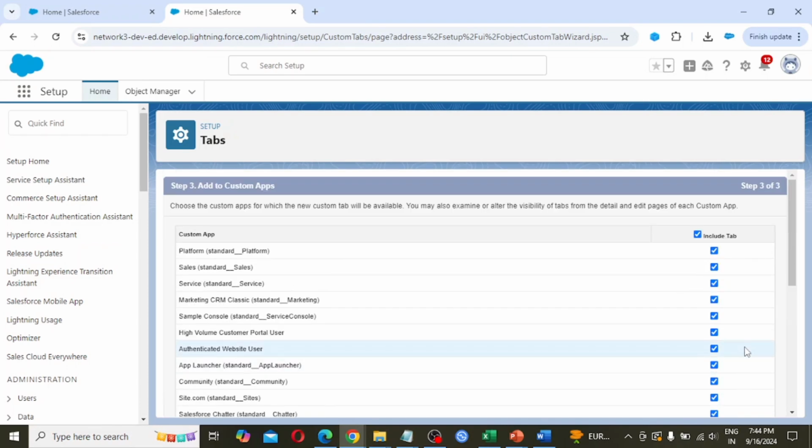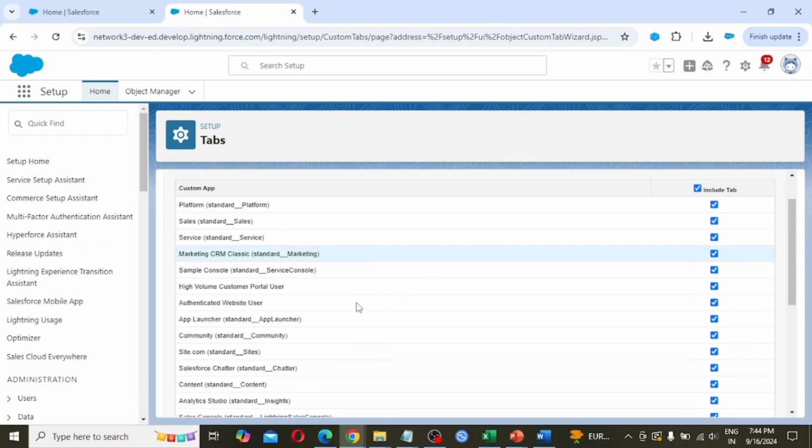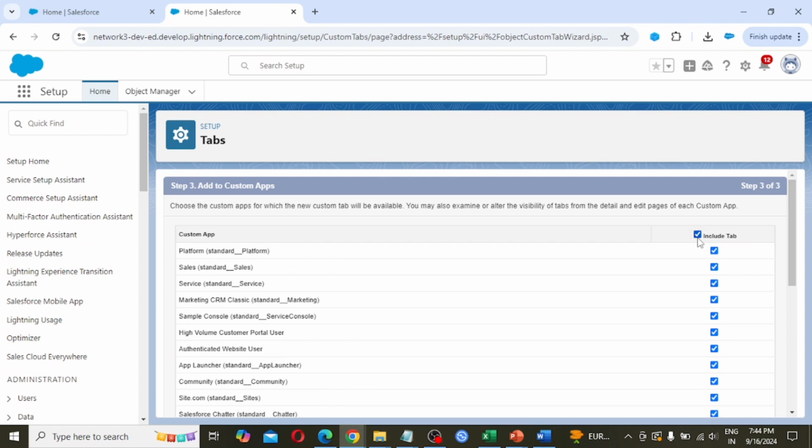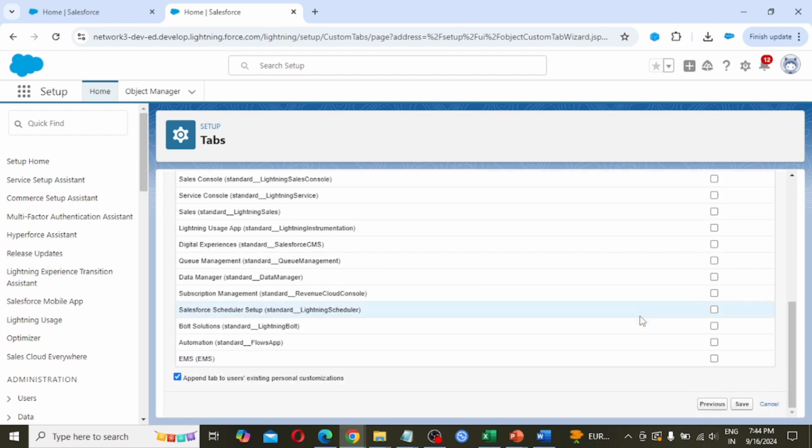In a real-time scenario, when we are working for a client or company, the company or client is going to suggest for which application this object should be visible. If the client says we are going to use this object on the employee management system application, then we have to uncheck include tab, scroll down and select only employee management system.